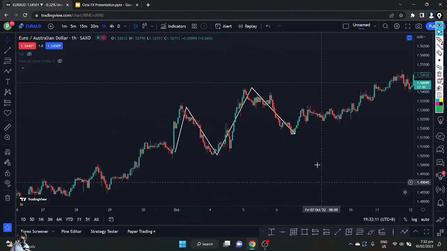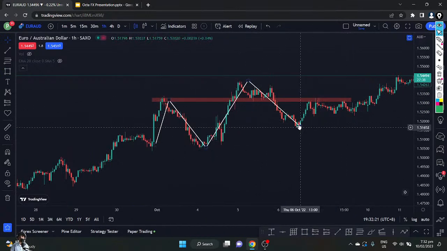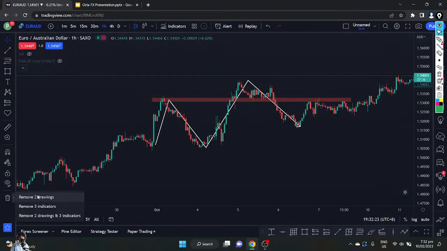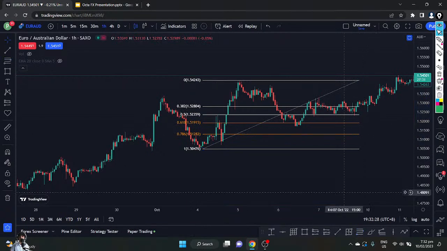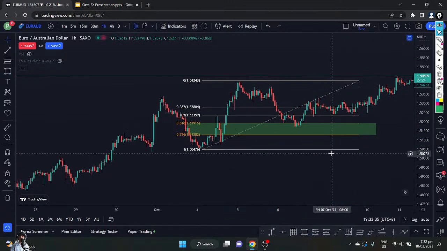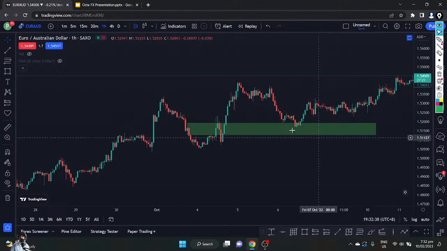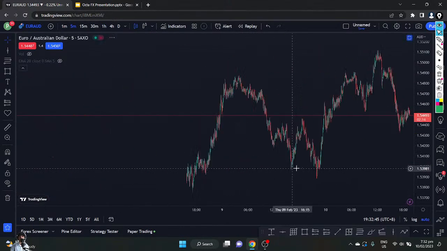Okay. So to begin, what we can see here is we have the 1, 2, 3 pattern again. And then we can see that the price didn't respect this previous resistance that we have right here. Instead, the price breached it. And if this is the case, again, what we should do is to look for a pullback into our Fibonacci retracement. And we can see that the price really respected the golden zone, which is the 61.8 Fibonacci level. Okay. And if we look at the 5-minute time frame, which is our entry time frame,